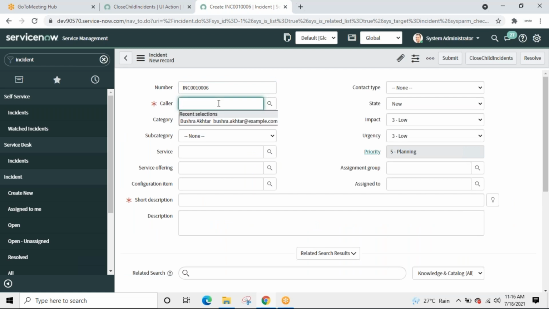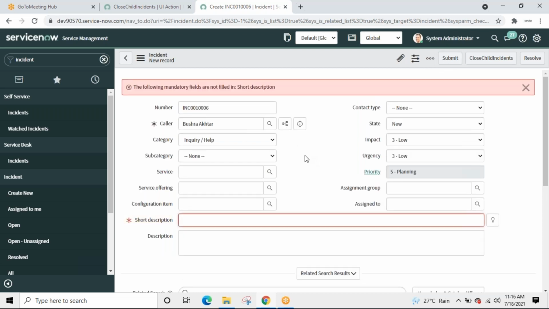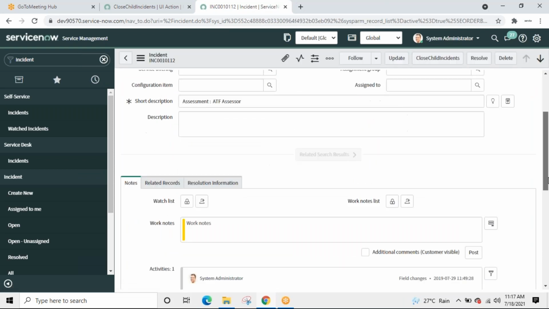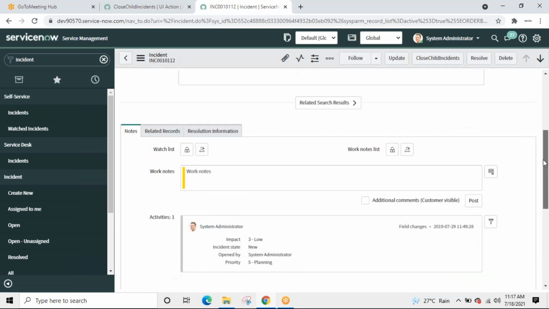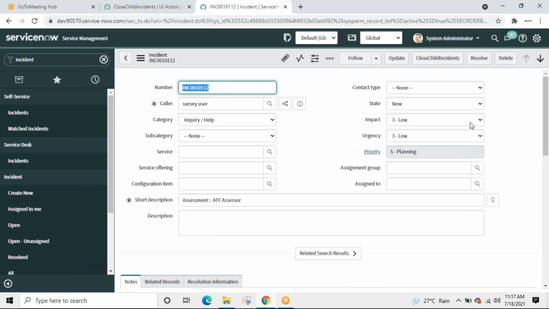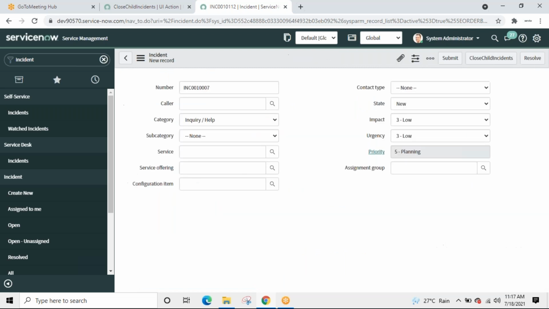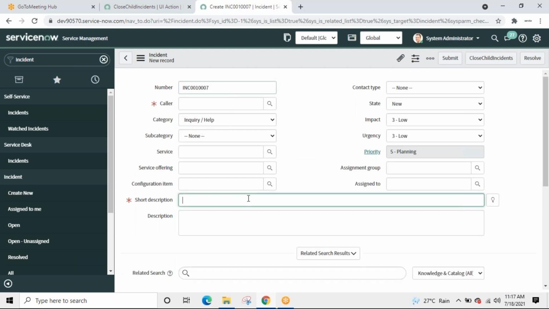Anyone? Yeah, let it be. Much doesn't matter, whoever it is. 5, 6. Okay, cool. C2, child 2. Scroll down. And the third one, C3.